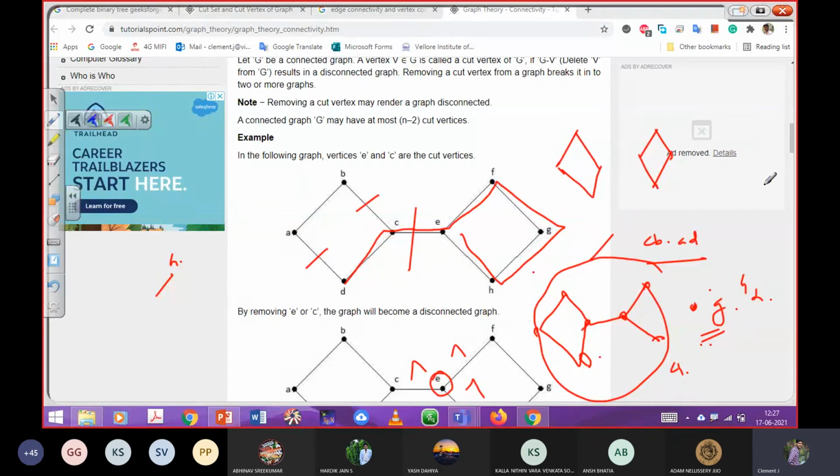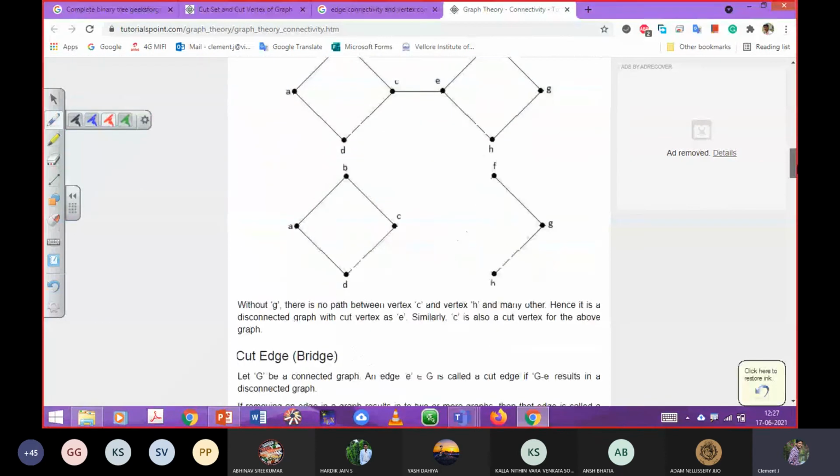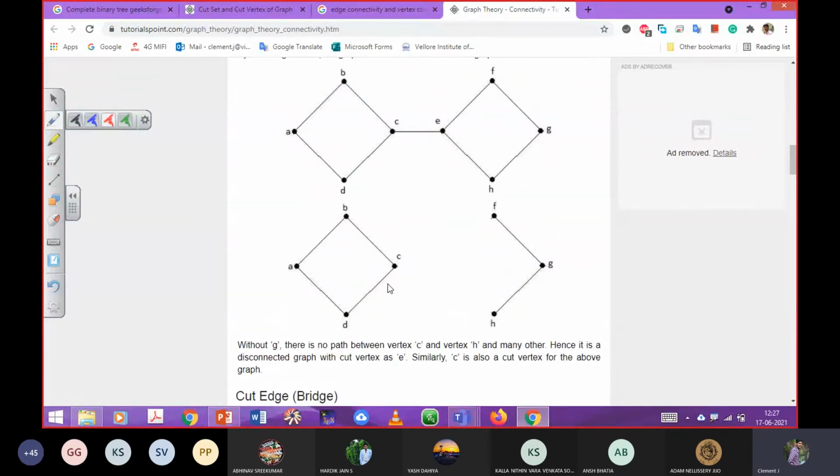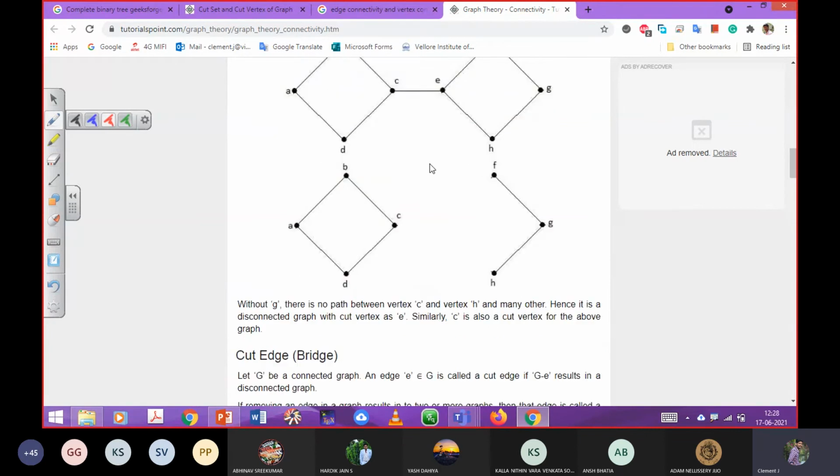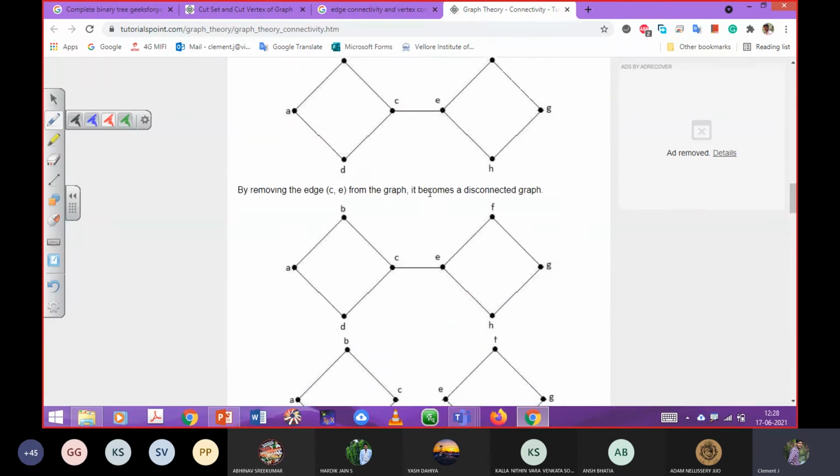Let me explain this. See here, vertex E is removed, so the corresponding incident edges are also removed. It formed two disconnected components. That means the original graph is disconnected into two components. Then this E is a cut point. I can call this a cut vertex or cut point. Can you understand the difference between a cut vertex and a cut set? Is it clear to you? Yes. Okay. In the same way, the cut edge has also already been explained to you. Okay. Next.